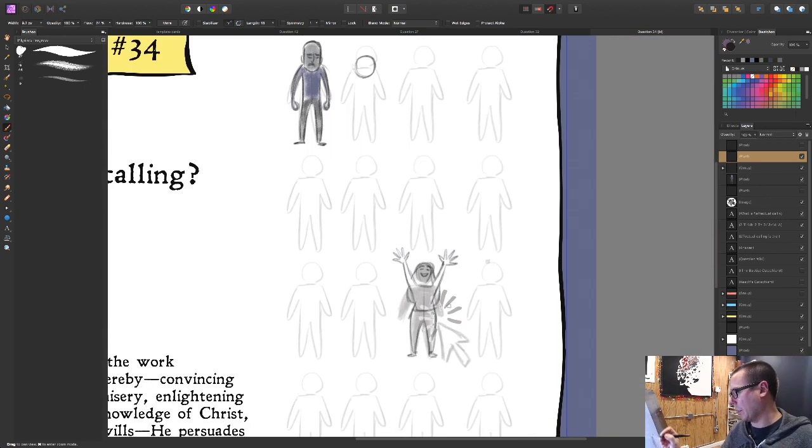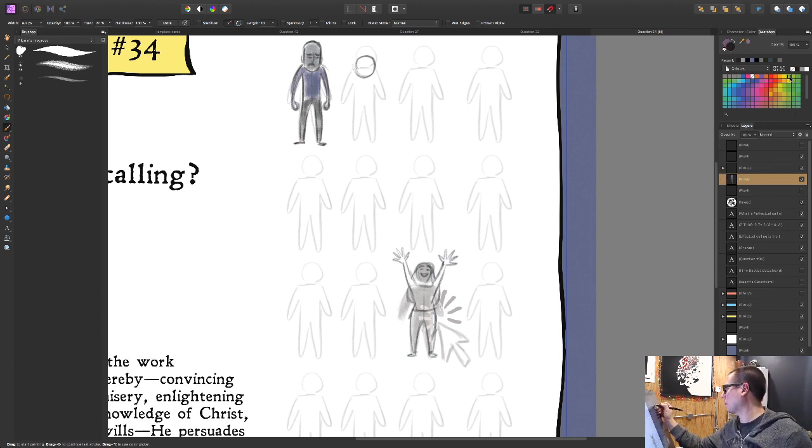And then to make her different, we'll give her a green shirt, signifying growth and newness of life. Oh, sorry about that. That came out of nowhere. Blue pants.